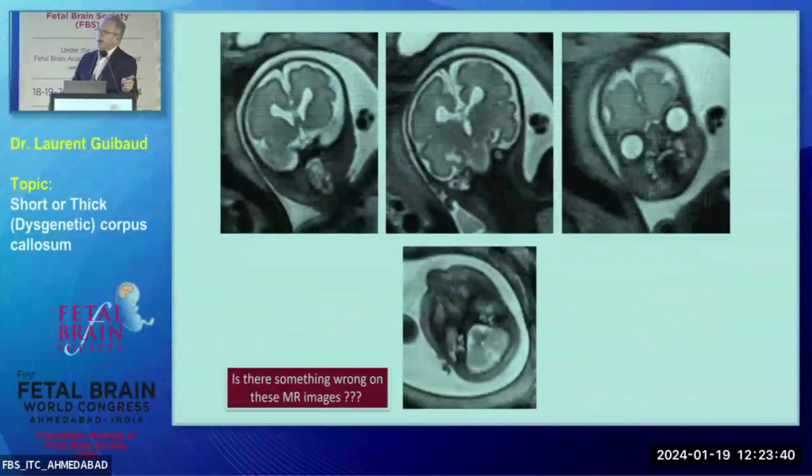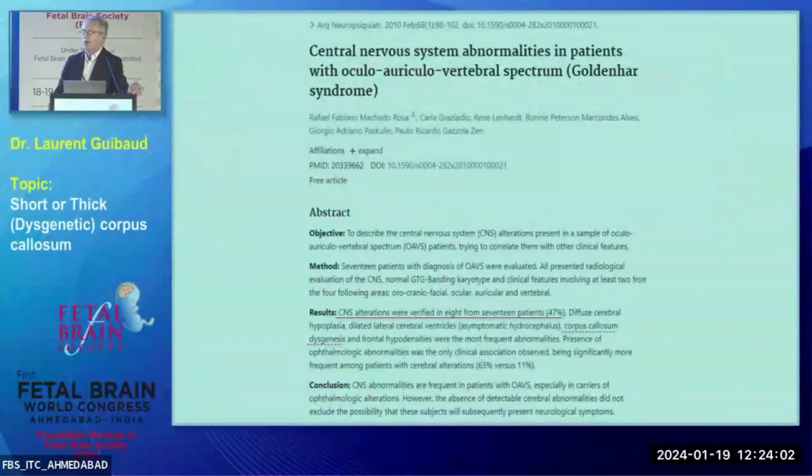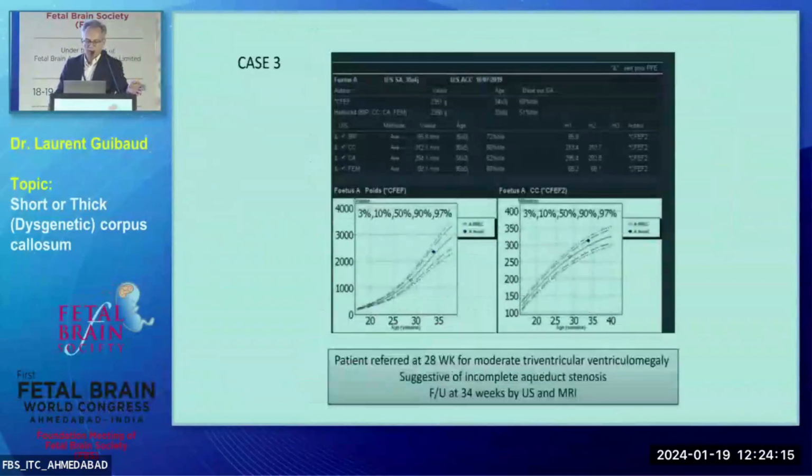Yes, the frontal horn, the dysmorphism of the frontal horn, but you have not to look at the brain. Look at the mandible. You are correct, it's asymmetry. And one thing is missing. There is no hair and no mid hair in that case. And it was a Goldenhar syndrome. And we missed this diagnosis, Dr. Murthy. And in this publication, we see that CNS anomalies are also associated, and especially corpus callosum anomalies.